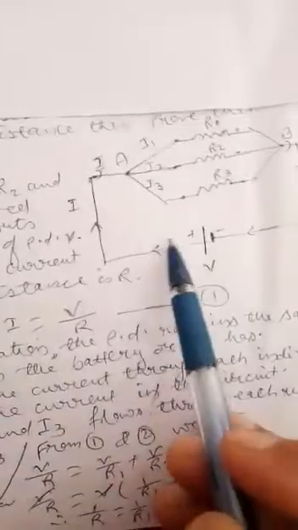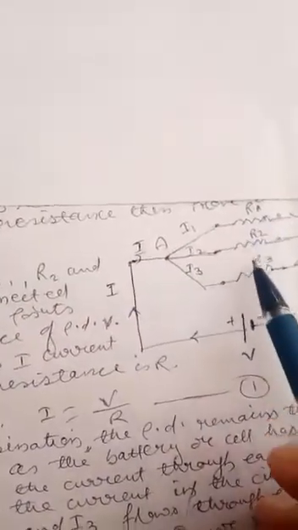So again listen to me now. How will you derive? Let R1, R2 and R3 resistances be connected in parallel between 2 points A and B, with a source of potential difference V. Let the circuit draw current I, and the resultant resistance is R. From Ohm's law, I is equal to V upon R, because the potential difference is V, the combined resistance is R, and the current drawn is I.